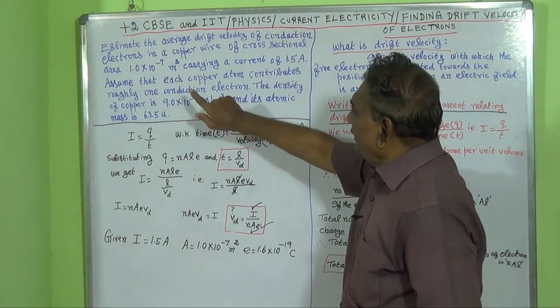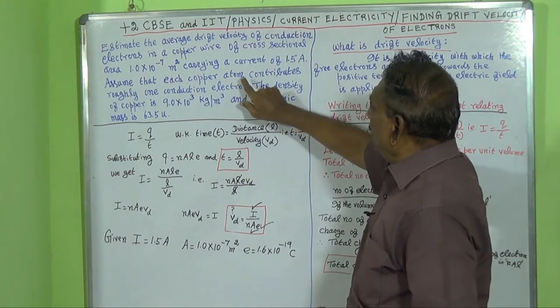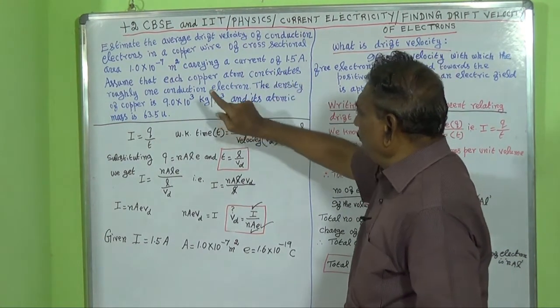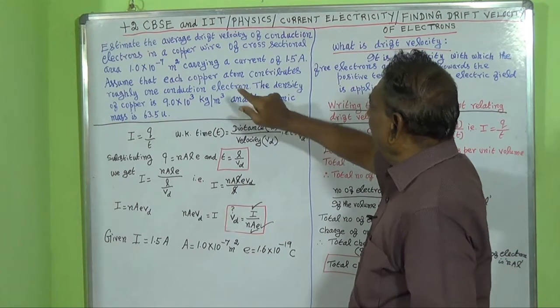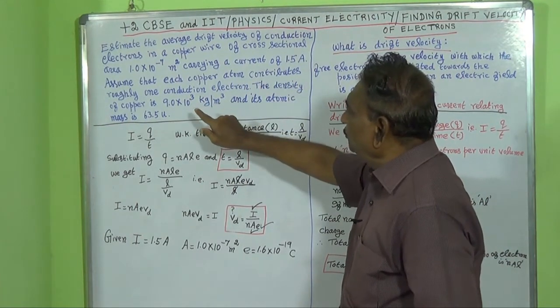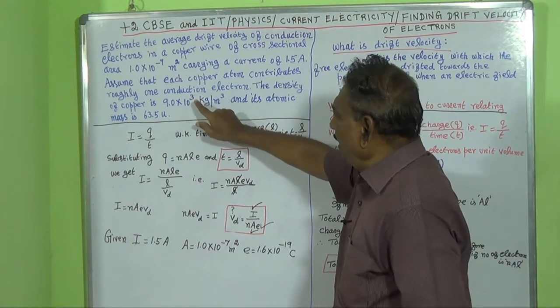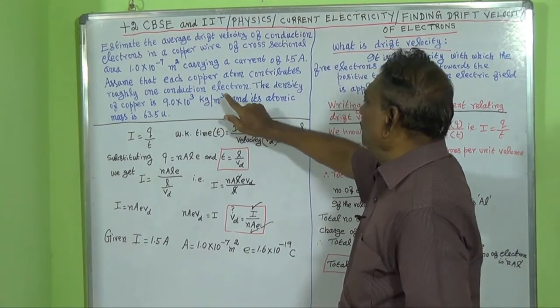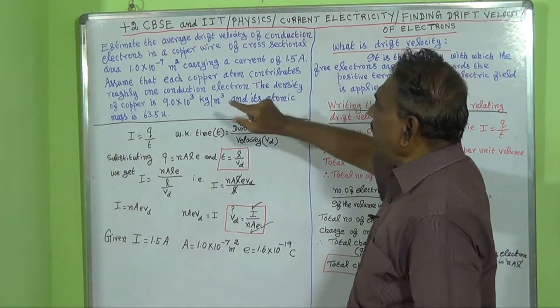Assume that each copper atom contributes roughly 1 conduction electron. The density of copper is 9 into 10 to the power of 3 kilogram per meter cube and its atomic mass is